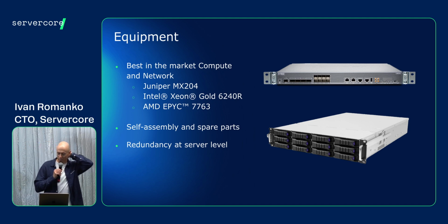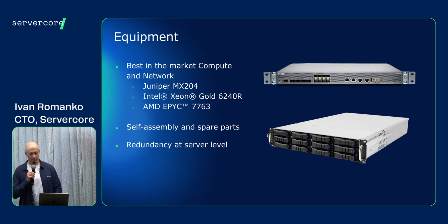What do we mean saying best on market equipment? There are different ways to build a cloud. We know a lot of